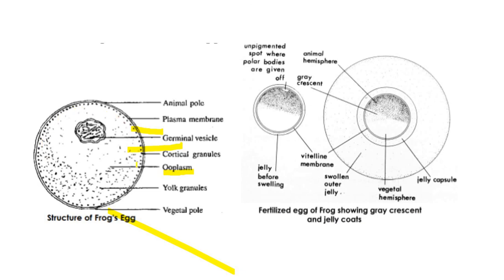Because of the brown pigment granules, outwardly the animal region will be dark in color. The egg outwardly consists of a dark brown animal region that extends up to just below the equator, and the vegetal region will be whitish in color when we observe the egg from the outside.